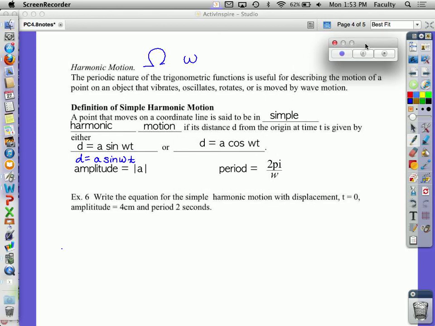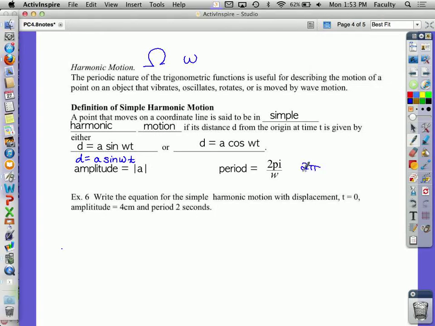So this formula is actually just d equals A sine omega t, or with cosine. Amplitude is the absolute value of A, and the period is 2 pi over this omega. So this is actually easier than maybe it sounds. Example 6 says, write the equation for the simple harmonic motion with displacement t equals 0, amplitude 4 centimeters, and